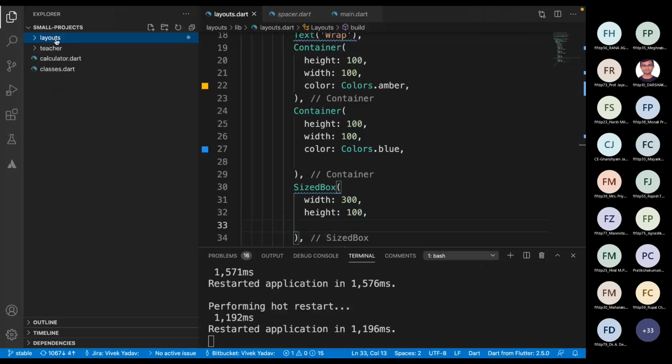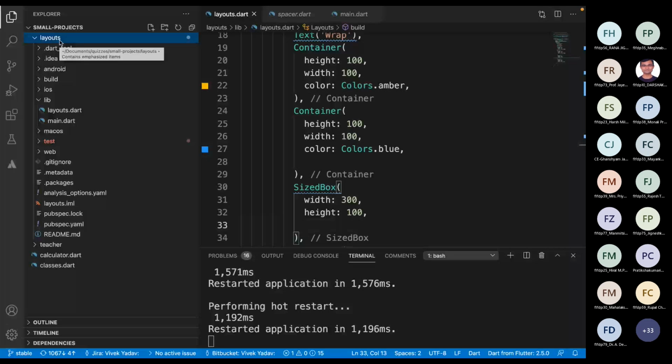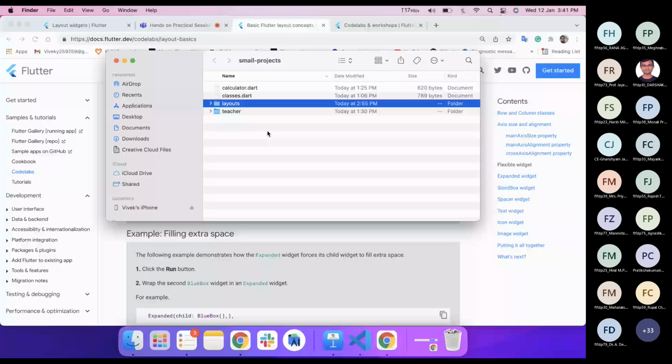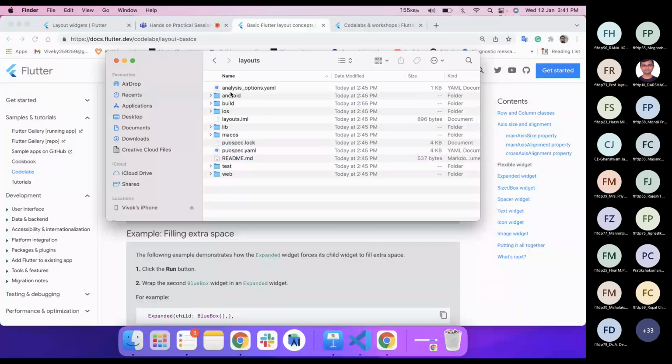What you have to make sure is that it is just inside your project. For example, let me show you, this layout is my project. If I go inside, this is my whole project, and just here I have to create a new folder known as assets.